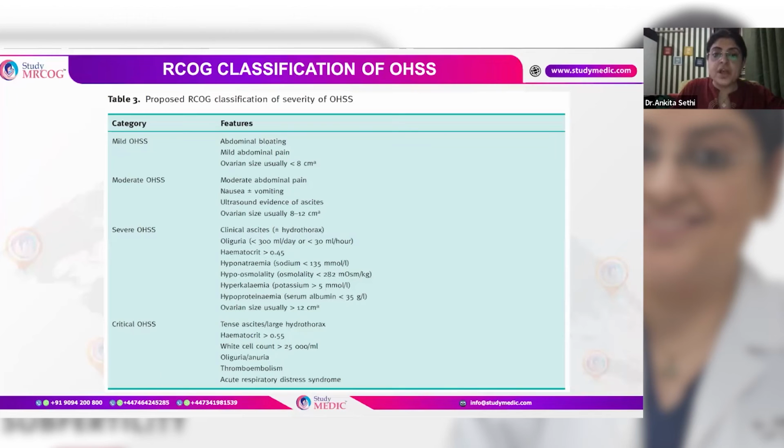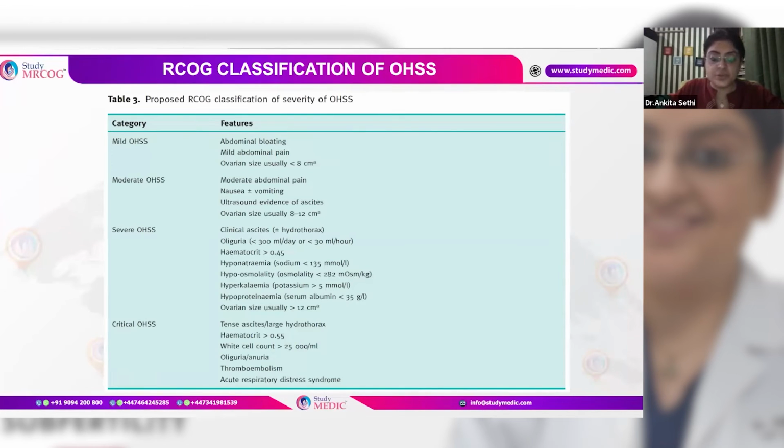Moderate OHSS: moderate abdominal pain, nausea, vomiting, ultrasound evidence of ascites, and ovarian size of 8 to 12 centimeter cube. Severe OHSS: there'll be clinical ascites, oliguria, hematocrit more than 0.45, hyponatremia, hypoosmolality, hyperkalemia, hyperproteinemia, and ovarian size of more